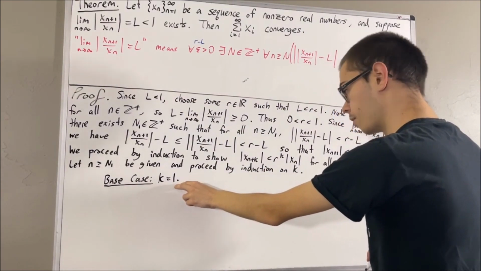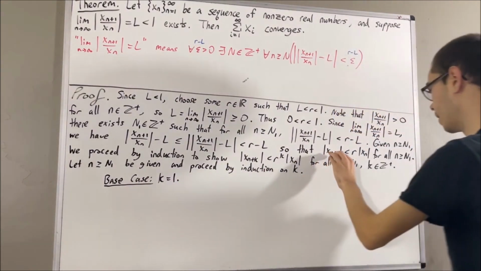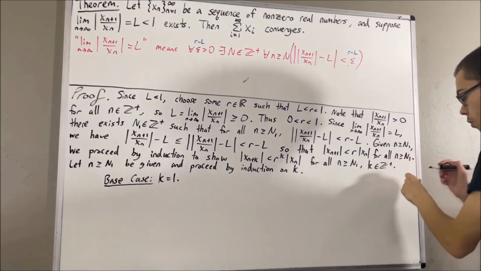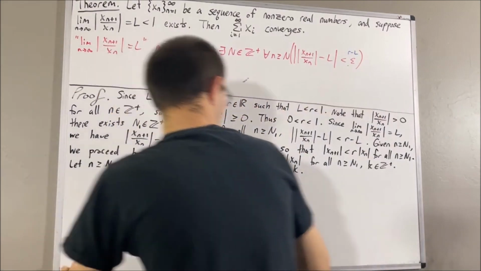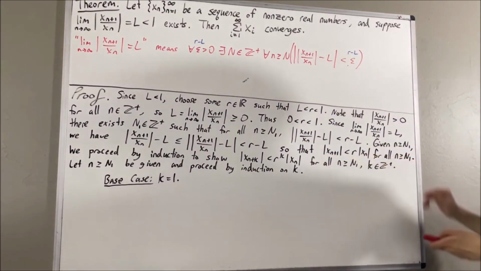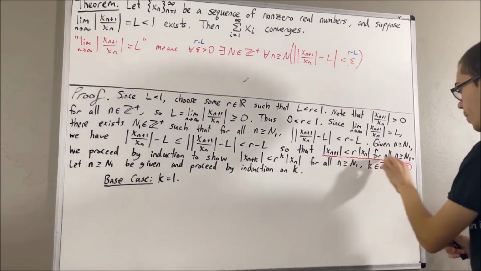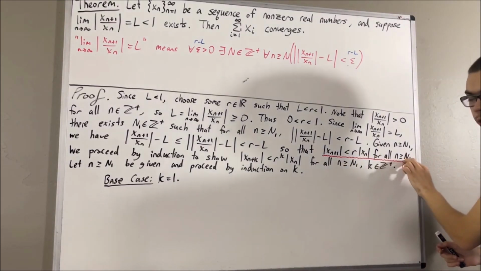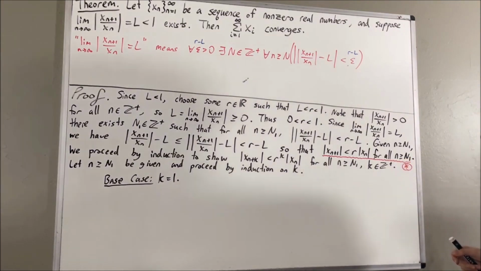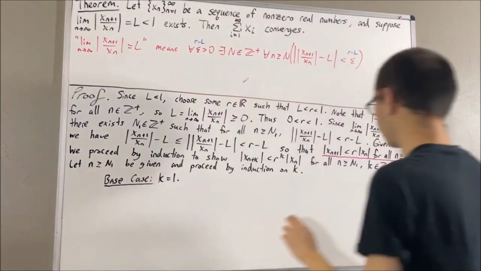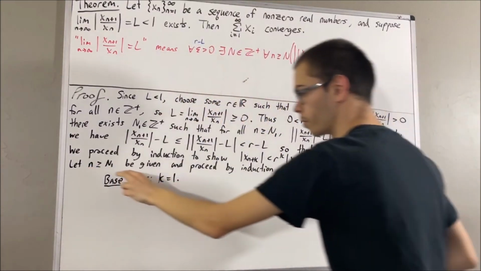Now, we know that this statement is true for all integers n greater than or equal to capital N1. For reference, let me label this statement star. Since this statement works for every integer greater than or equal to capital N1, then in particular, it must work for the integer n that we introduced right here. So we have that this statement is true for the n we introduced here.